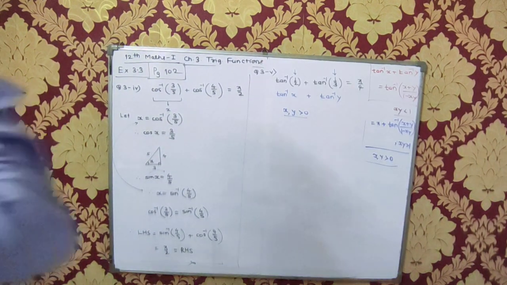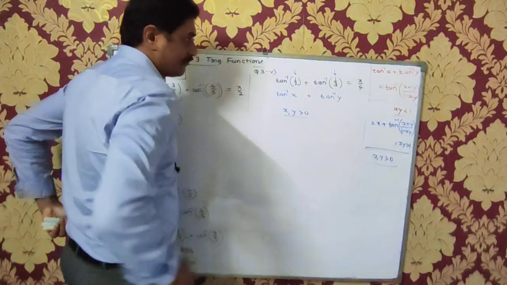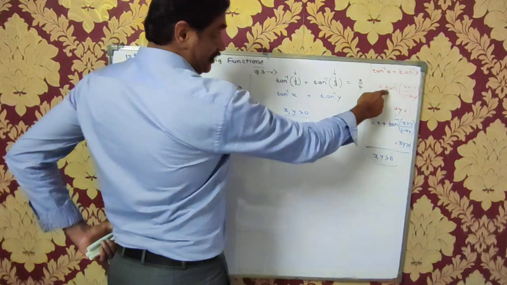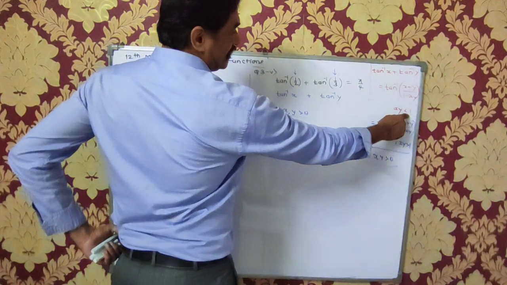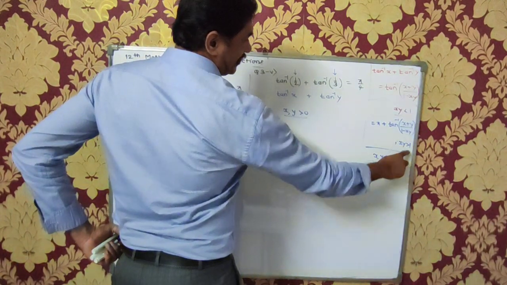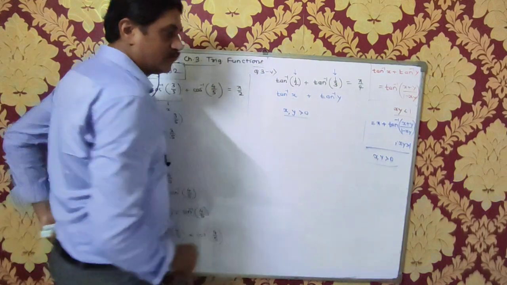So याद रखिए, in this case we have to make use of this formula: tan inverse of x plus tan inverse of y is equal to tan inverse of x plus y upon 1 minus xy, where this formula is used when xy is less than 1, and the same formula becomes pi plus this thing when xy is greater than 1. In the form problem, if I say hello,